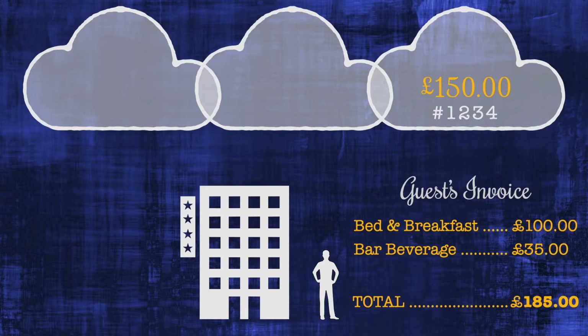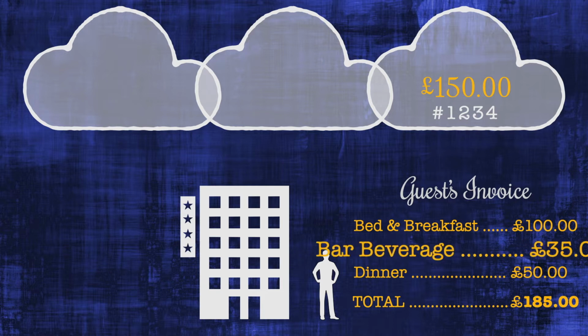But what happens if the guest's bill goes over the pre-authorized amount? Let's say, for example, that our guest had dinner as well as their drinks, and their dinner came to £50. So now the total on their bill will be £100 for bed and breakfast, £50 for their dinner, and £35 for their drinks. So the total now being £185. If you have a well-organised front office team, then your night team will notice that the guest's bill has gone over the pre-authorized amount, and what they would do is that they would top it up. So they would do another pre-authorization so that we know that we've got enough money to cover the entire